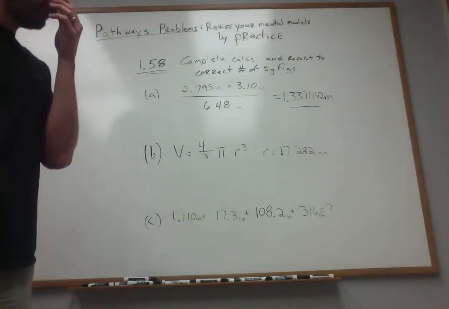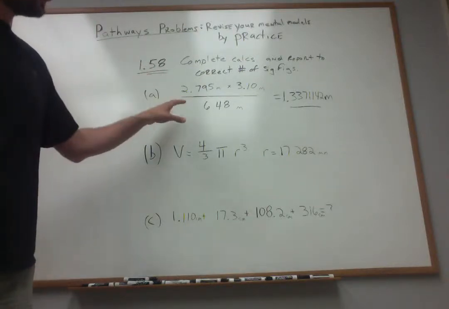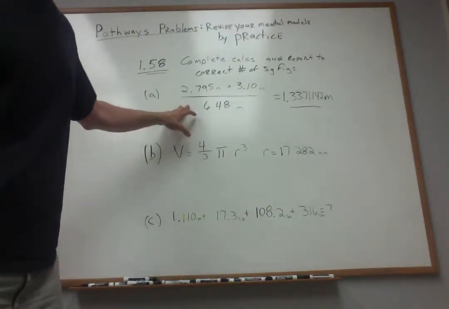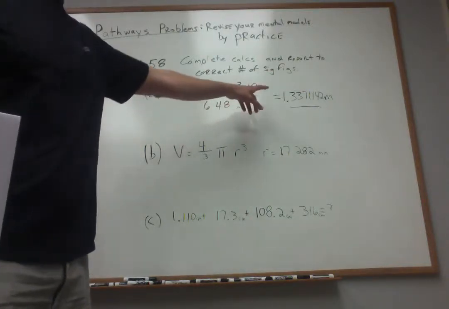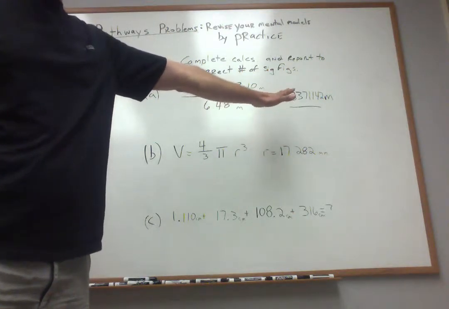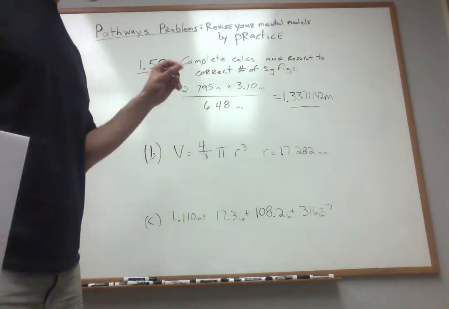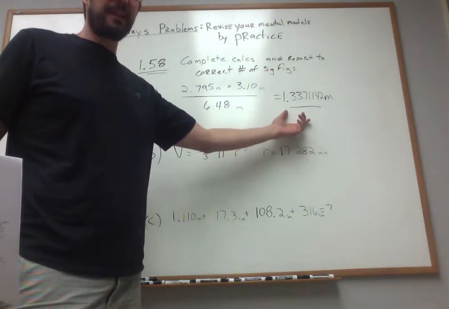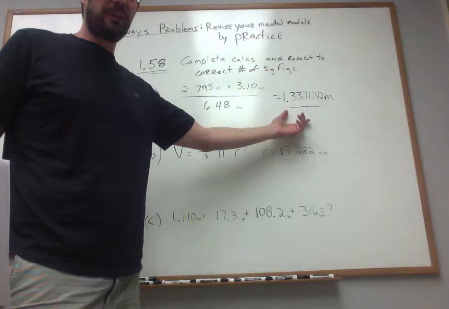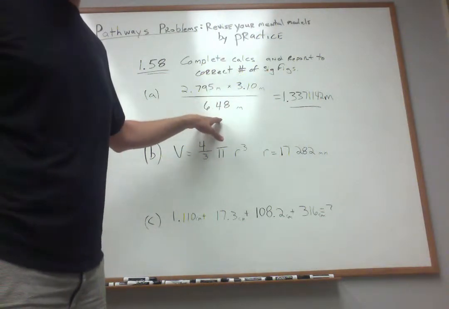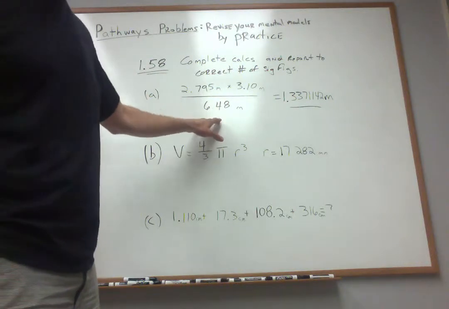What we need to do to propagate sig figs for computations involving only multiplication and division is we compute our answer from the calculator, and then we truncate that, or limit the number of digits, such that our answer contains the same number of significant figures as the least precisely known value that we've used